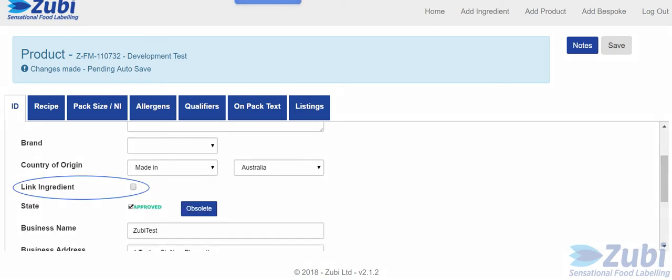The link ingredient function I will discuss in a separate video, as it allows you to do splitting of ingredients and a bunch of other functions that are very neat. But in short, it creates this product as an ingredient within your internal database within Zubi that you can then add into other products. As you'll note, my account shows approved, and this is because my account is the same